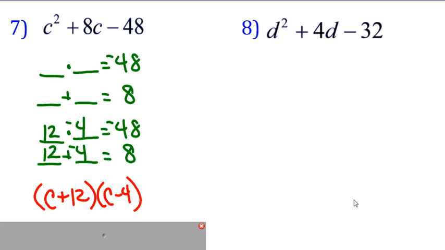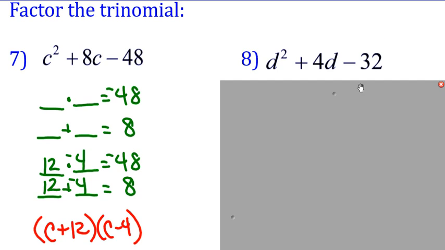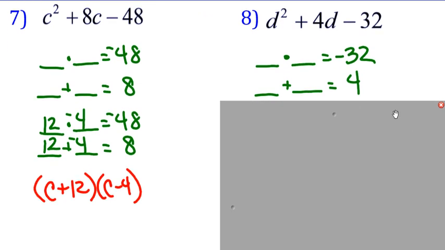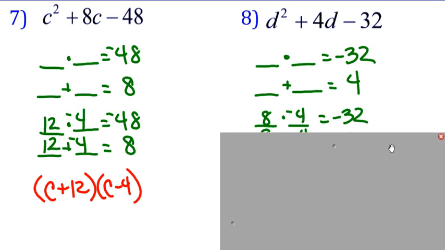Let's take a look at your next polynomial. D squared plus 4d minus 32. Again, the greatest common factor is 1, so we can think of the number patterns. What times what gives us negative 32, and what plus what gives us 4? We know that an 8 and a 4 would make this work as long as the 8 is positive and